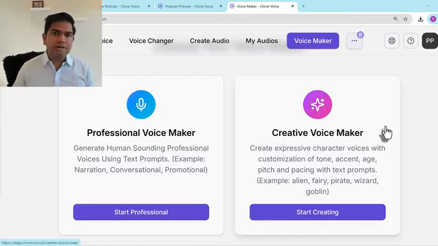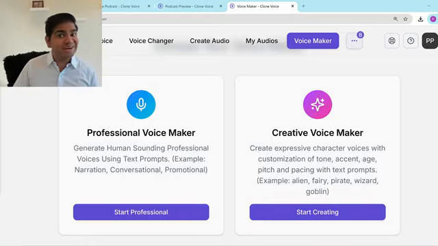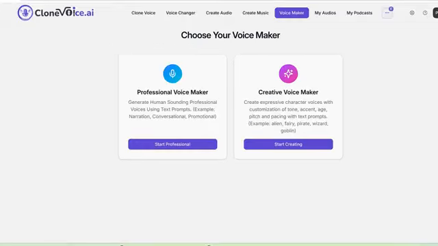Okay, it gives you a better idea on how to use this feature, and it's pretty awesome because you can generate human sounding voices but also creative voices, which are not exactly human, like alien, fairy, pirate, wizard, goblin. You get the point. This will give you unlimited potential variations and creativity rather than just being stuck to a rigid or standard set of voices, for example, like our system voices or basically any other text-to-speech things that you've worked with, where there's a set limit of the number of voices and the type of voices that you can create because they're all standard.